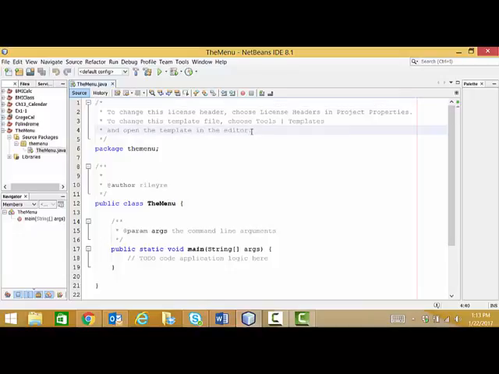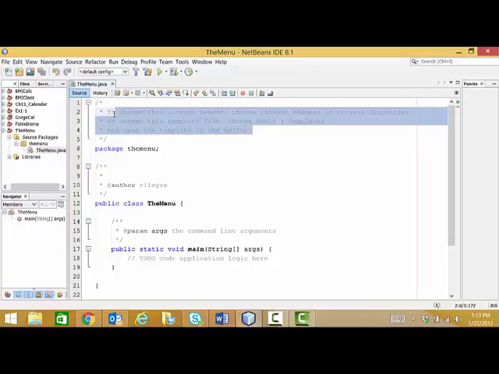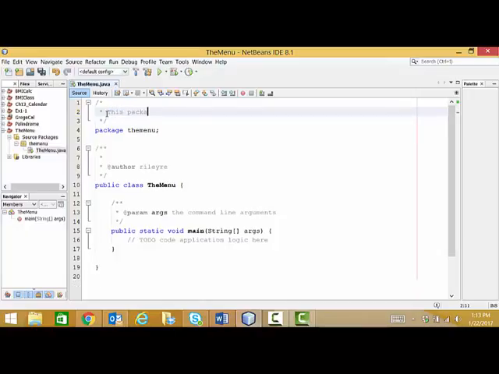Now in my editor, the first thing I'm going to do is update my package comment. This package will contain a menuing system, and then here at our class,